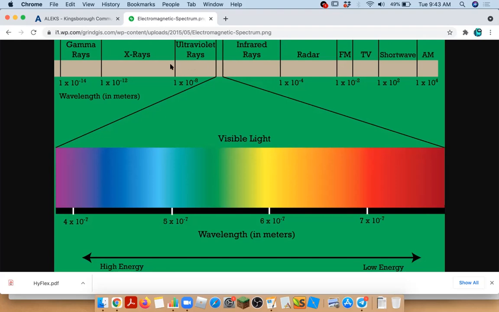But notice there's also ultraviolet. The sun emits ultraviolet. Some stars emit X-rays. Actually, black holes emit X-rays. Some incredibly energetic processes like supernovae emit gamma rays. Certain atoms are unstable and they slowly emit gamma rays over years, even thousands of years, okay? So there's different types of light, or different types of what we call electromagnetic rays.